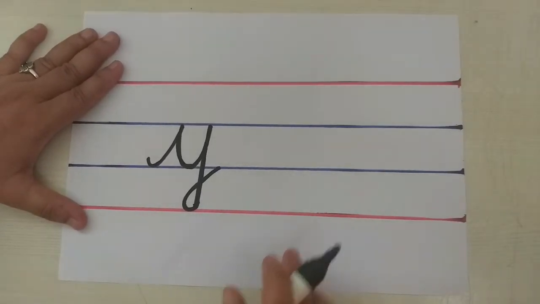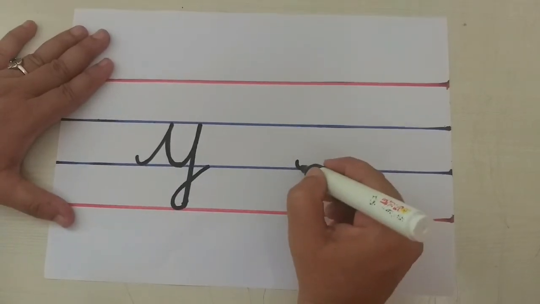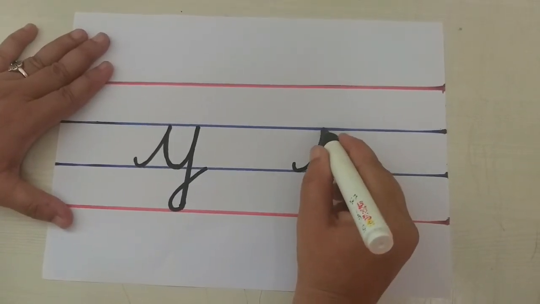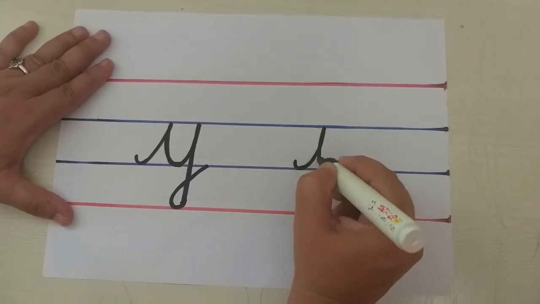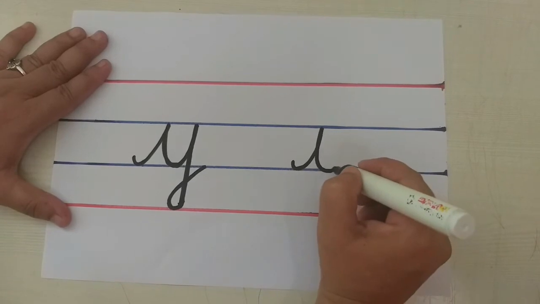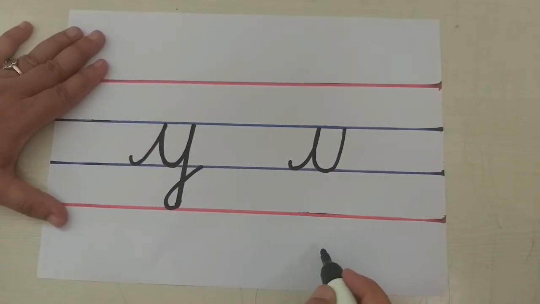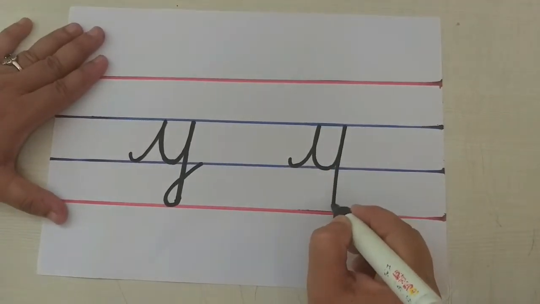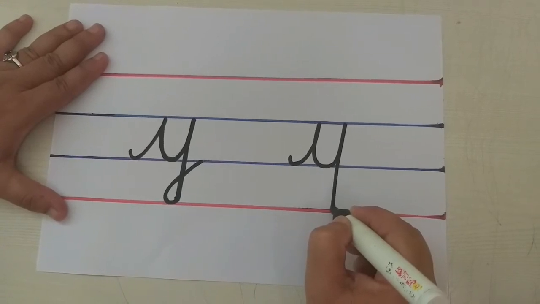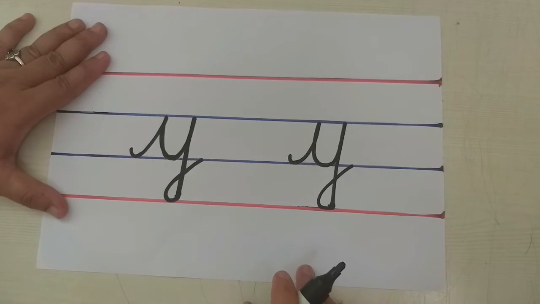Shall we write once again this sign? Okay, take a small curve. Go up to the second blue line, slanting line, children. Come down to the third blue line. Again go up to the second blue line. Like you have to write, children. Again come down to the fourth red line, children, down. Now take a turn like that and go and join this third blue line, small cursive Y.